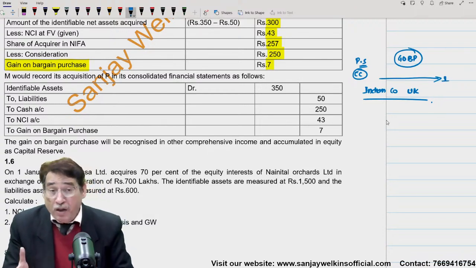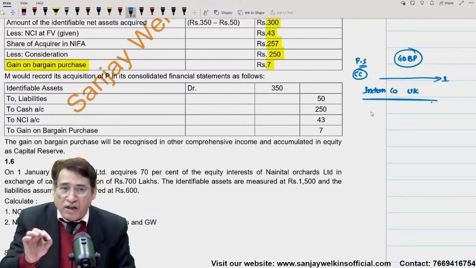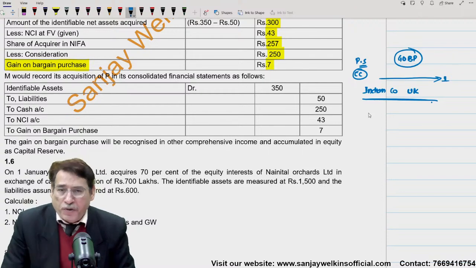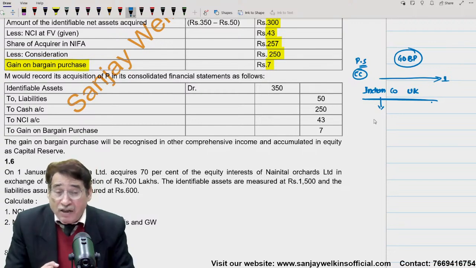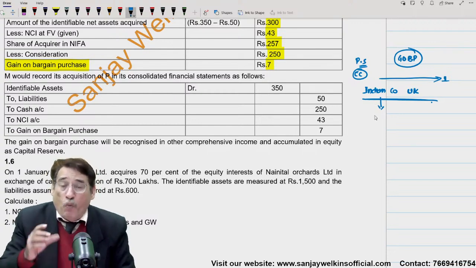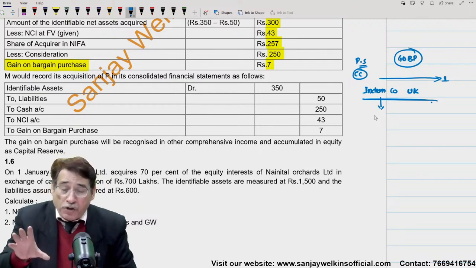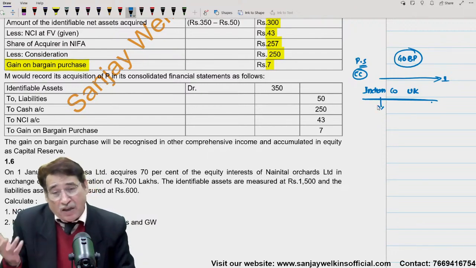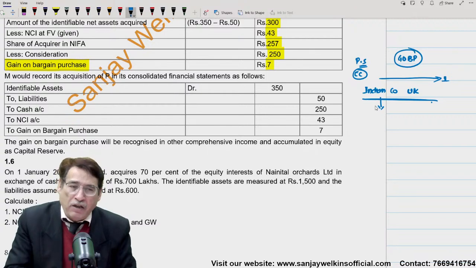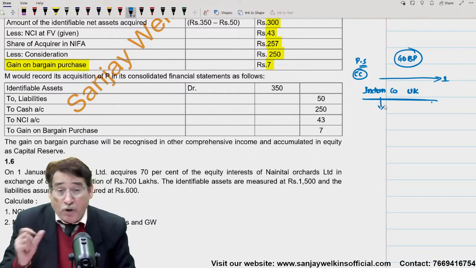Suddenly they came out with this diktat that you will have to leave the UK territories within 1 year. Now it's a big Indian company operating in UK, but because of this diktat, they will have to leave the UK shores. Quite obviously, in this case, this entity will be under some pressure, so they will have to sell their business, and they might agree to sell it at a value lesser than the fair value of their net assets. So in that case, gain on bargain purchase could arise.